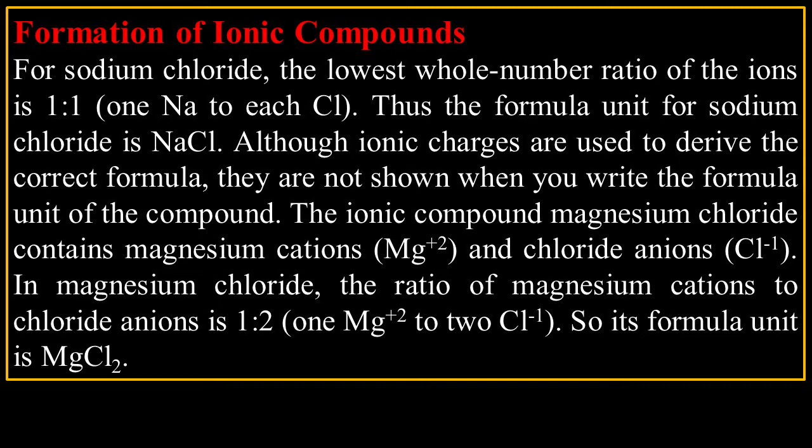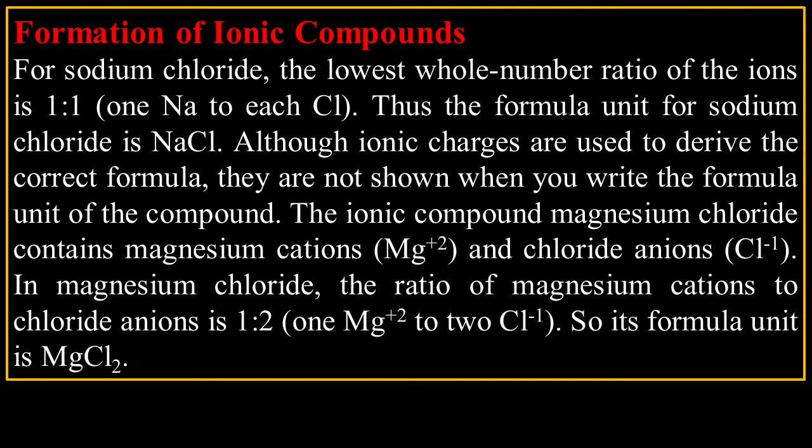In other words, NaCl has no subscript, but the subscripts are inherent. They're understood to be 1, so they are indeed just 1. So it's 1 Na to each Cl. Thus, the formula unit for sodium chloride is NaCl. It's 1 Na and 1 Cl. Although ionic charges are used to derive the correct formula, they are not shown when you actually write the formula